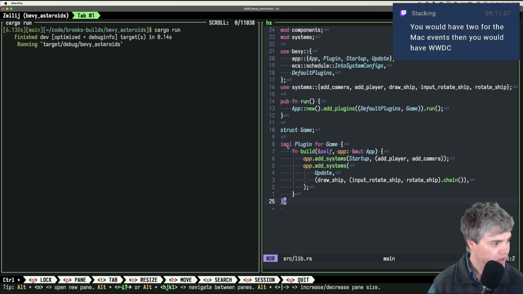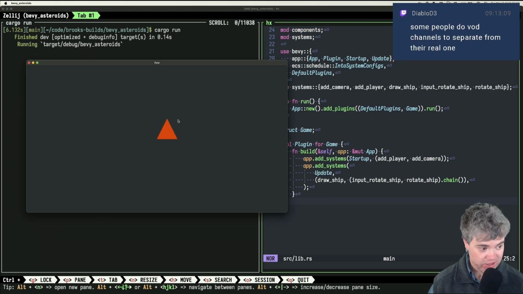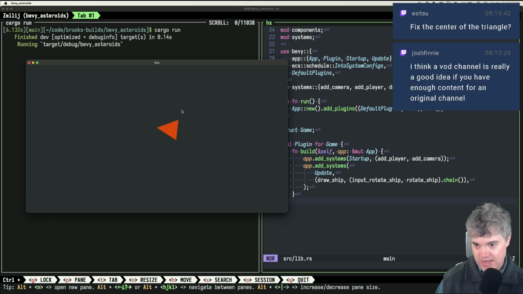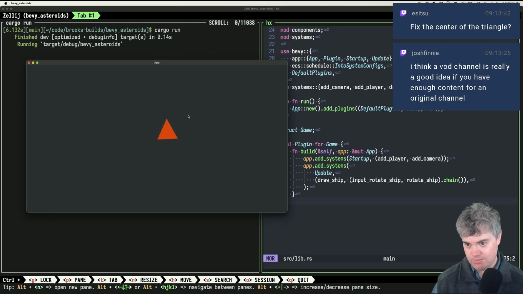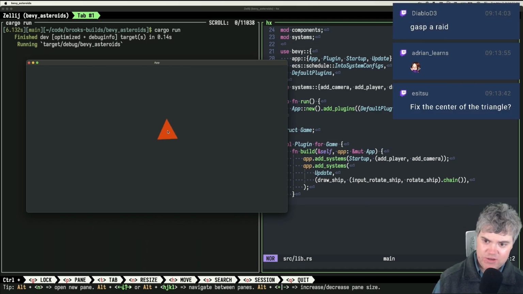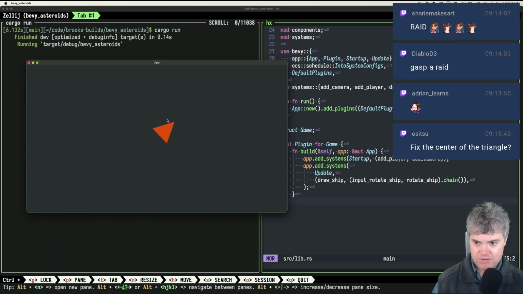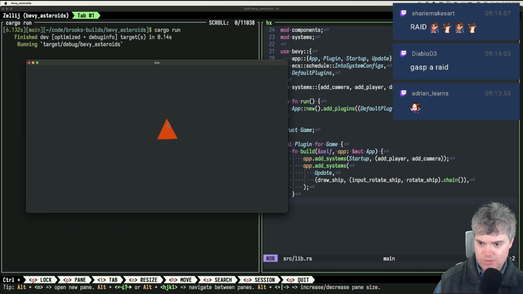Okay, so let's see other things. Let's continue on. So we have our triangle. Oh yeah, the other thing, I can rotate it. That's a big deal, right? So what's next? Fix the center. Okay, so yeah, hold on. This here's center. It's not rotating from over here. It's not rotating from up here. It's like rotating from here? No. Where is it rotating from? I'm confused.